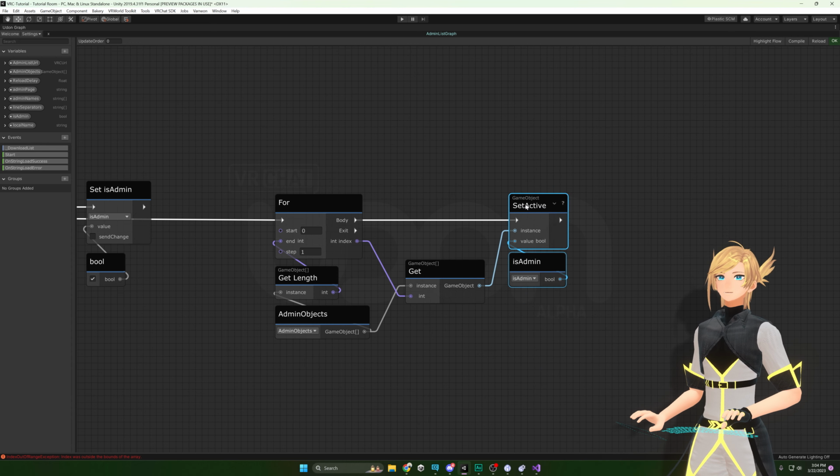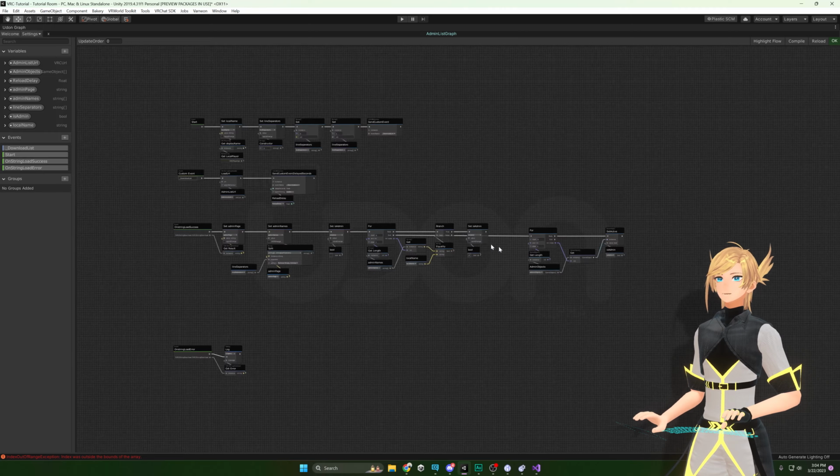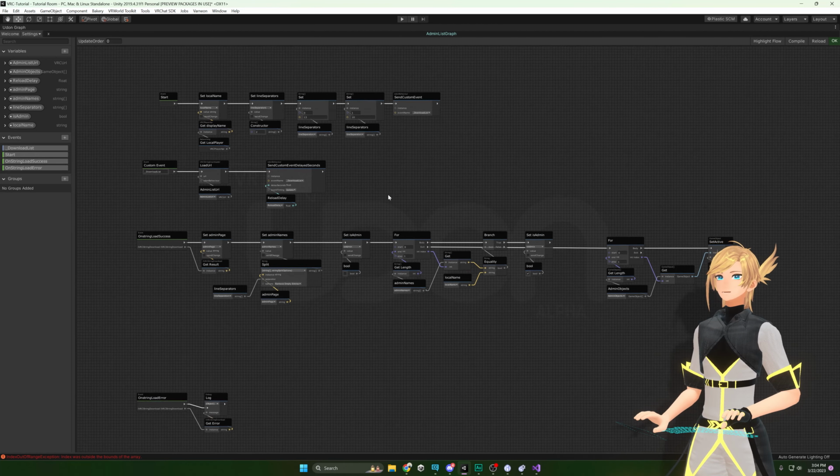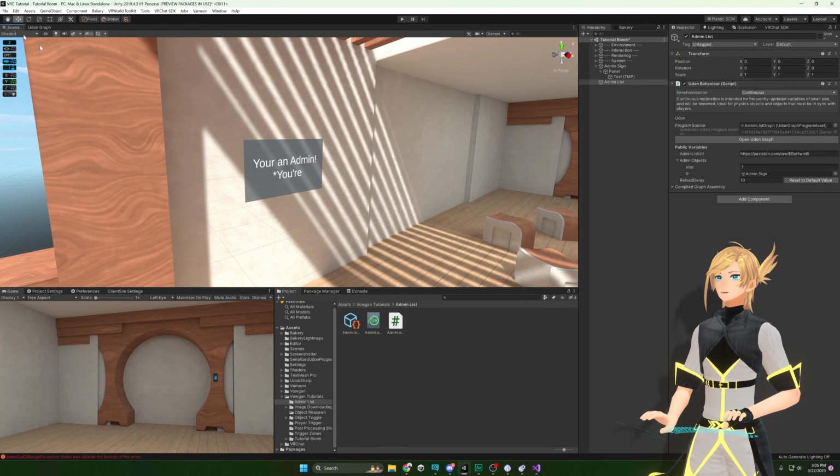Let's just line up these things here, and there we go. That is our entire graph. We'll go back to our scene view. One quick note, there's currently a tracked canny, so this will be resolved eventually, but if you are currently using